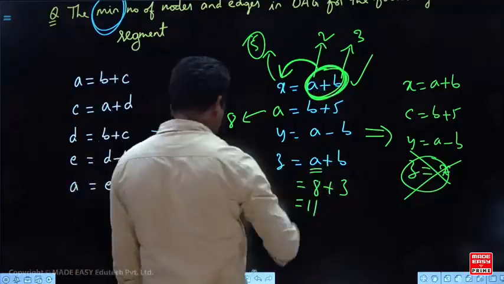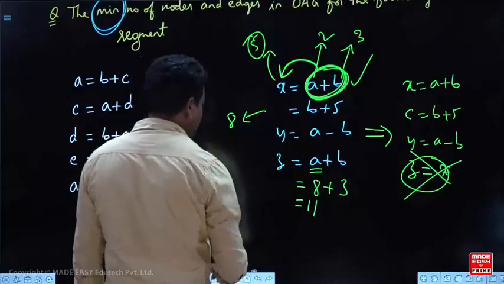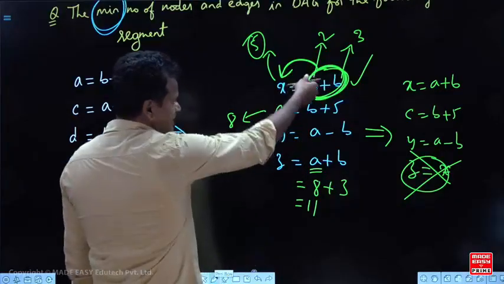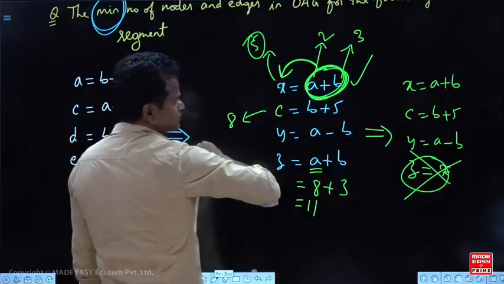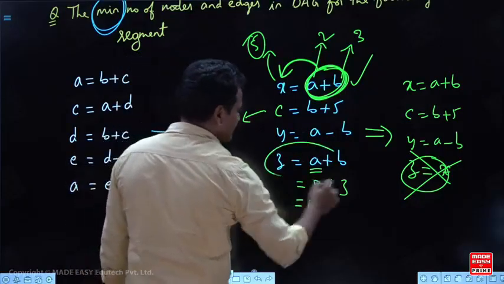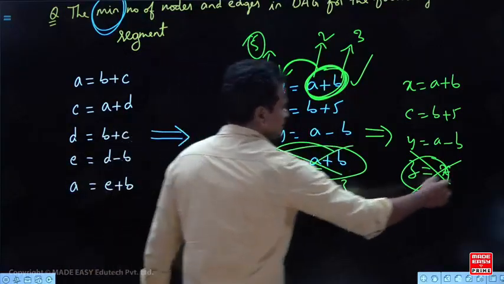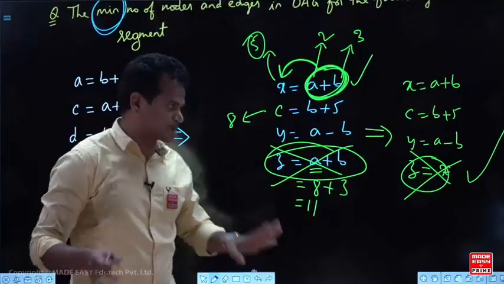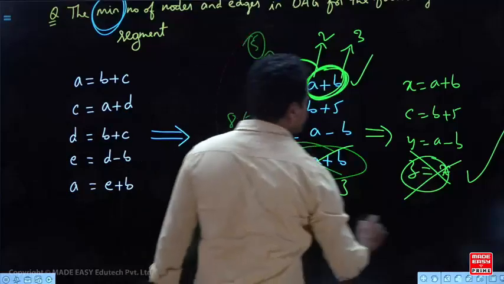See, X equal to A plus B, then C equal to B plus 5, then Y equal to A minus B. So from here to here we have not changed the A values or B values. Then you can eliminate this, and then you can write Z equal to X. This is called common sub expression. Now look at this code.